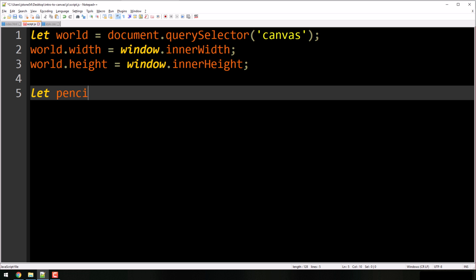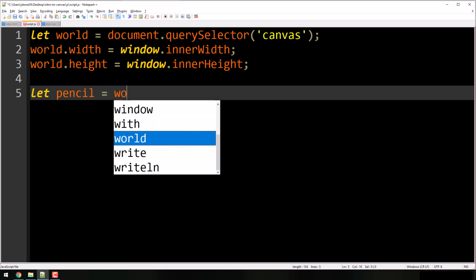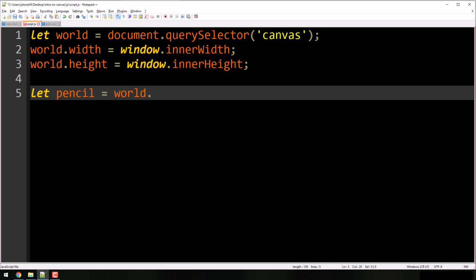Let pencil equal the world, my canvas, get context. This is a function. Okay, and I'll explain to you the function in a minute. 2D as in two-dimensional. You can also do three-dimensional, right? We can do 3D stuff. What this line of code does, this right here, world.getContext, returns an object. And I'll show you some stuff in that object in a minute. We'll look at it on W3 Schools. But it returns an object. This object has draw properties and things where you can draw circles and all these things and all these methods and properties you can manipulate. But it's an object with a whole bunch of stuff that allows us to draw stuff.